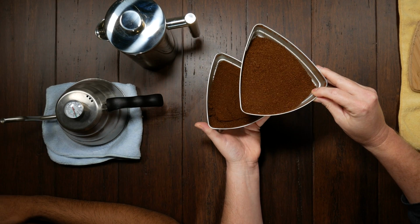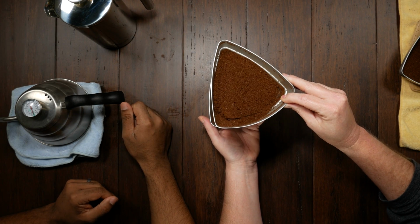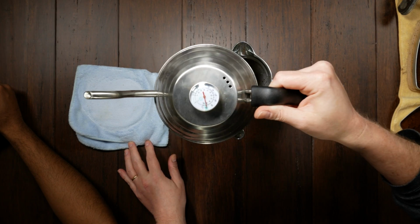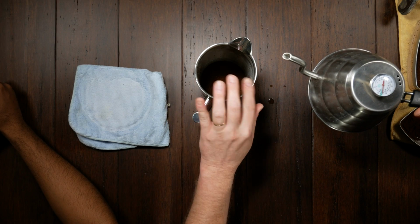Okay, we've got the stuff above 1,000 there. We've got the stuff we want, which is between 600 and 1,000, and then we have the stuff below 600 there. We've already measured out what we need in terms of weight. Water first up. And we have our water right in the perfect zone there. You can see it's between 195 and 205 Fahrenheit, or 90 to 96 centigrade. We're gonna go ahead and